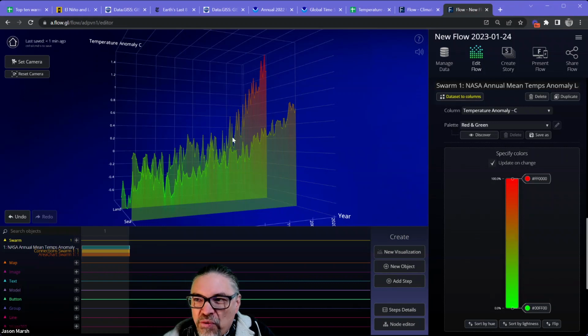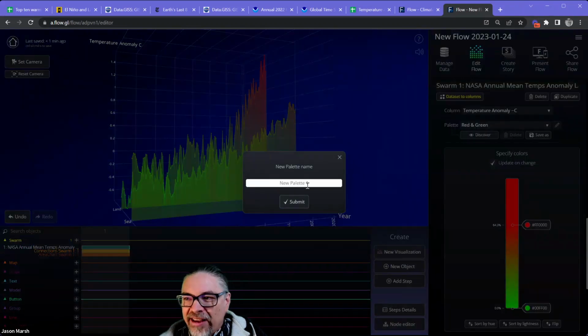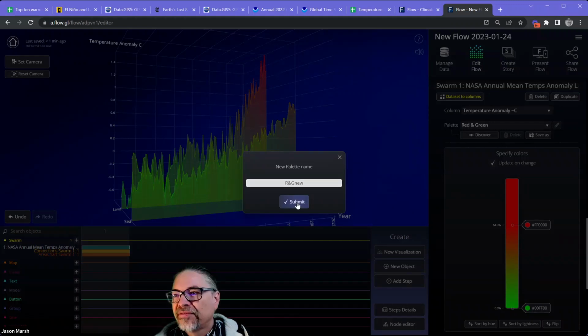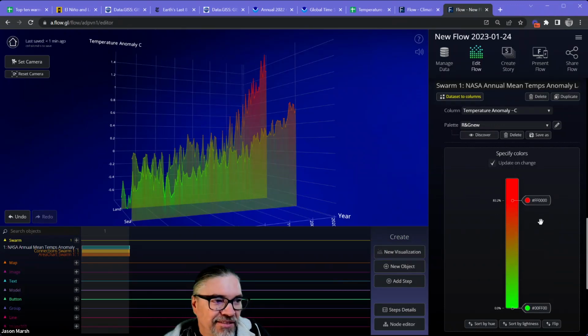But if you wanted to change where that line is, you can just drag the palette. Since I'm altering a default palette, it's going to ask me to change the name. So I'll just call it RNG new. And now you can actually see in real time how much red you want versus green.